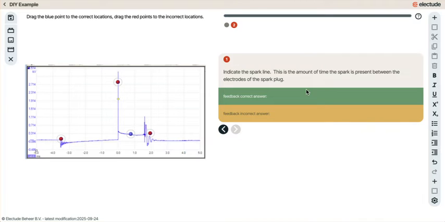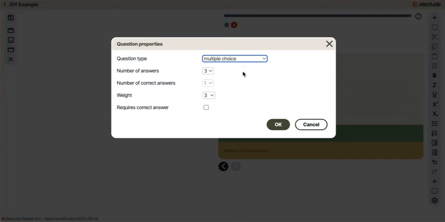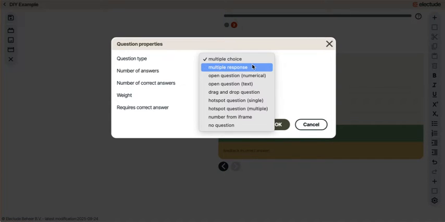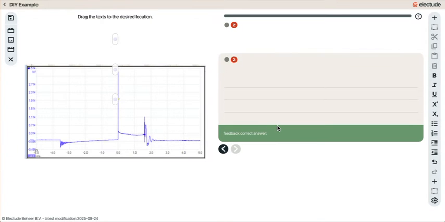Let's add another question. So we're going to click the lower plus. Pulls the graphic over again. Maybe we could even do, here, let's do a drag and drop style question. So we're going to wrench on this question again. Instead of a multiple choice, we're going to do a drag and drop. And we'll do 3 possibilities here. Hit OK. And so we're going to identify